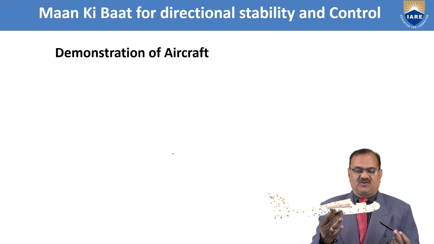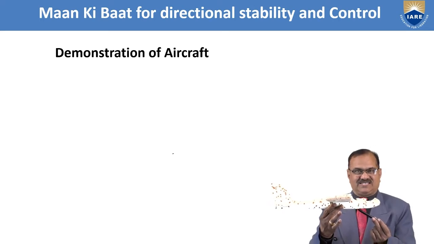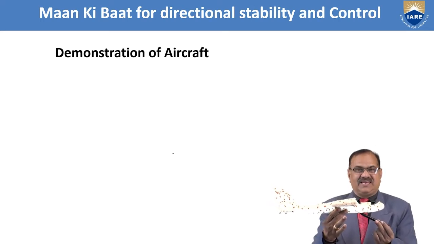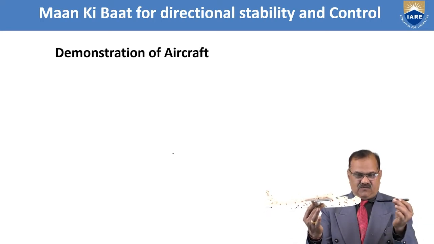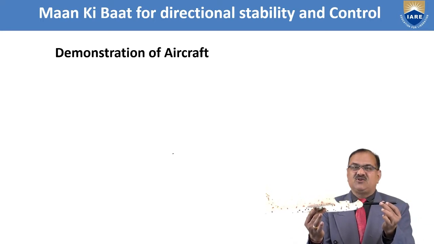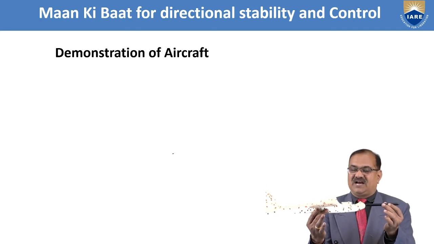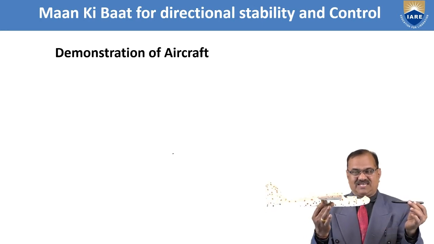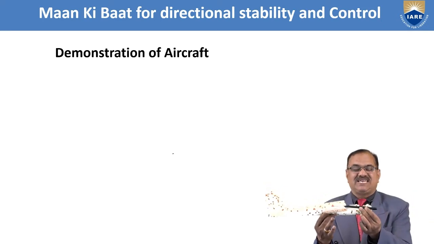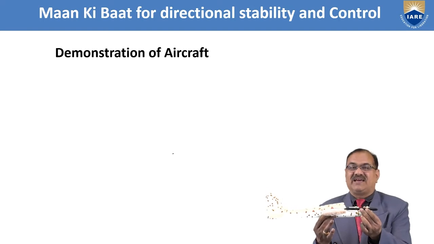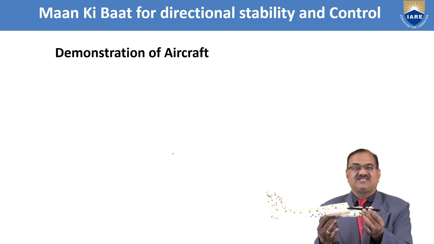In longitudinal static stability, we are always talking about alpha, the angle of attack. But in directional static stability, we are considering the side slip angle. If the aircraft is flying and the wind is from the nose, there is a zero side slip angle, which is called beta. If the wind is coming from the right side of the pilot, then we say there is a side slip in the aircraft, and this side slip angle is known as beta. This beta will generate some forces and moments.